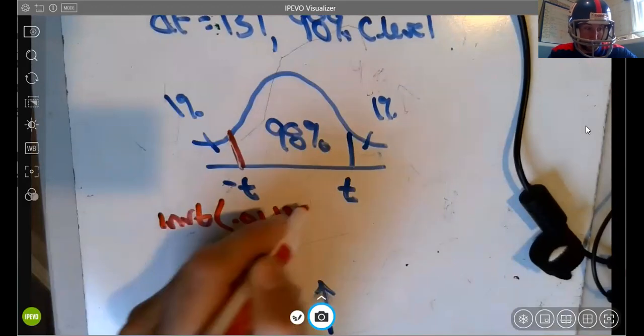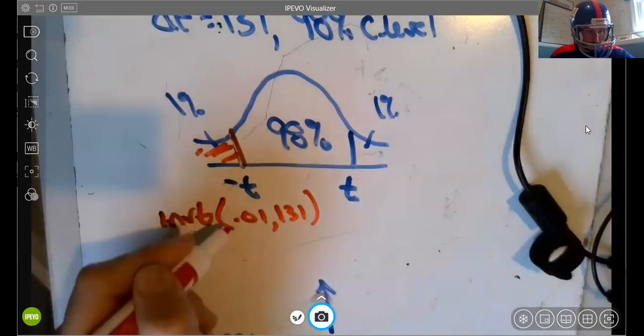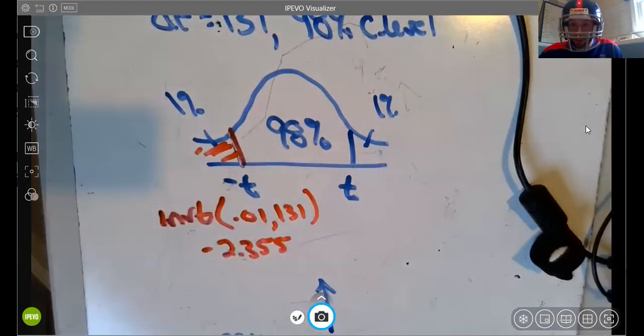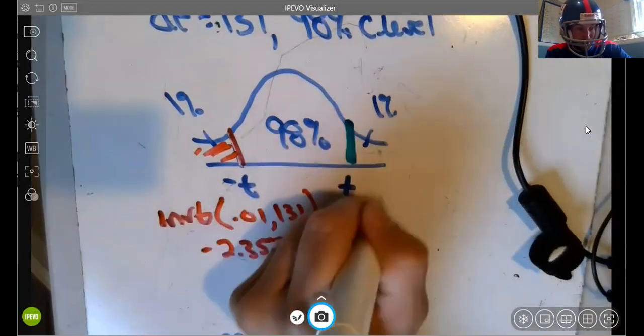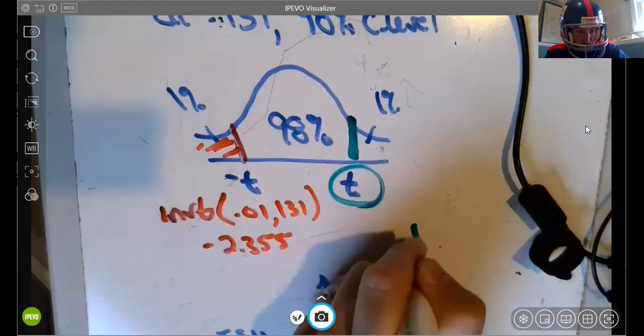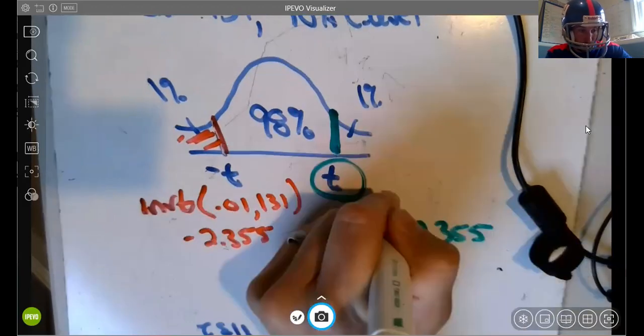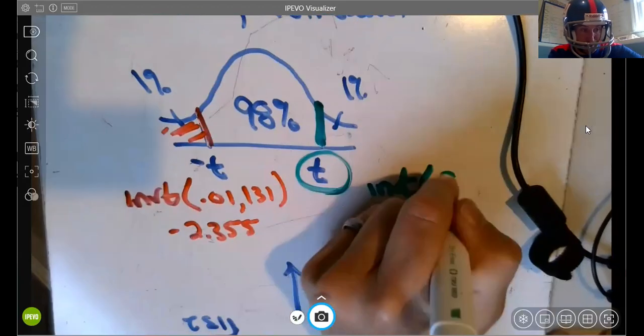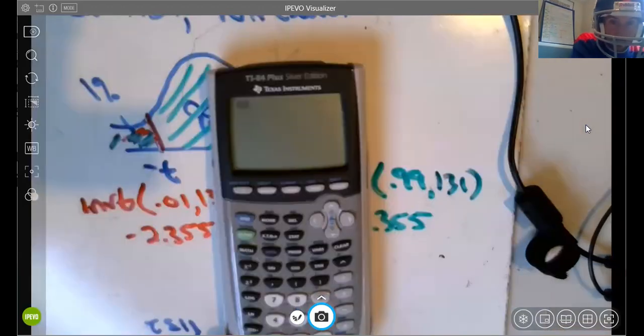Right, so we need the area to the left and then the degrees of freedom, and that's going to come out to be, I believe, negative 2.355. Just ignore the negative sign. If we want, we could use this spot, and if I'm going to find this positive t-score, we know it should be positive 2.355. I'm just going to do inverse t, but this time my area is 0.99, because to the left of this spot we got the 98% in green plus this 1% over here, and then 131. And just in case you don't believe me, we'll go second vars